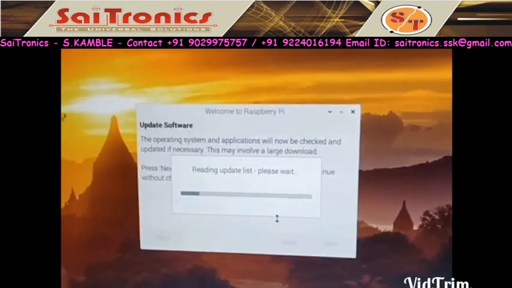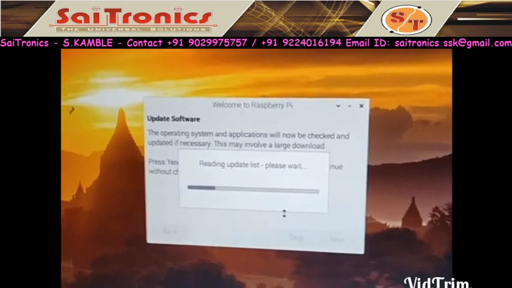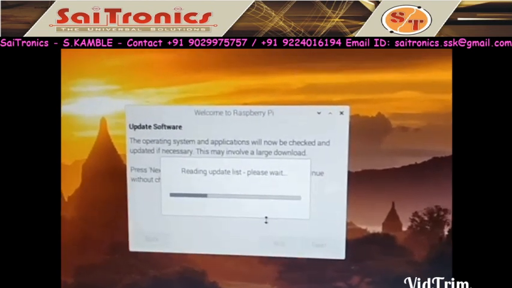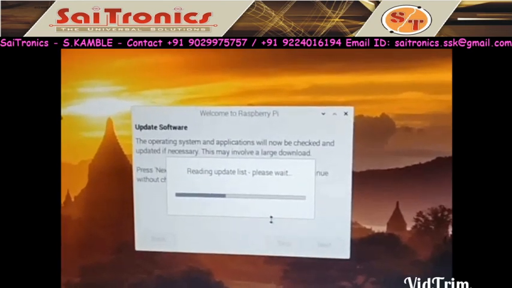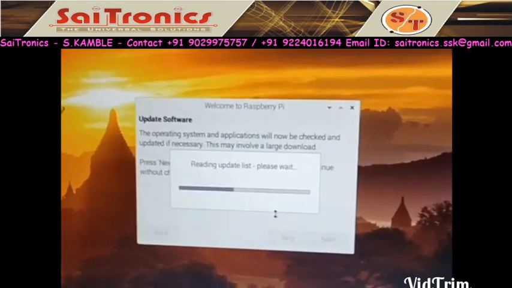Now in Raspberry Pi we are using the Linux operating system and it is open source. So every week, every month, you have to update the Raspberry Pi software.